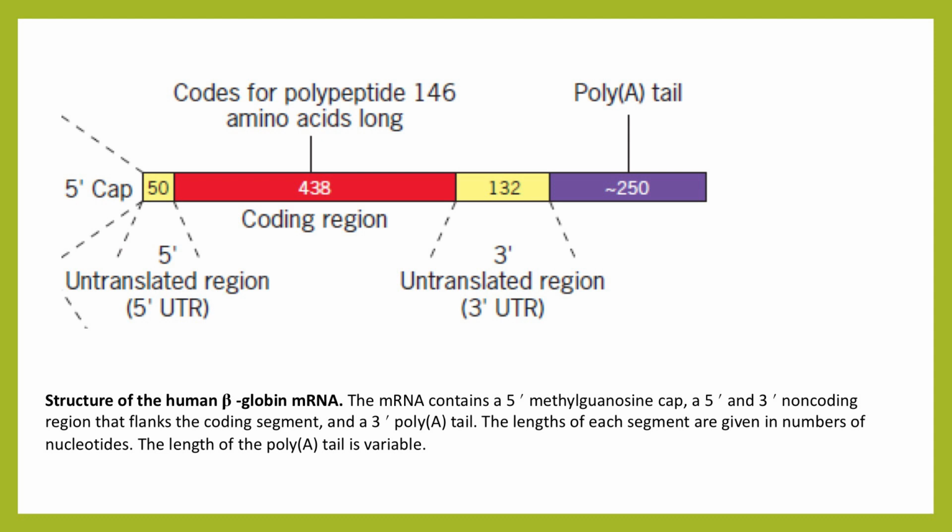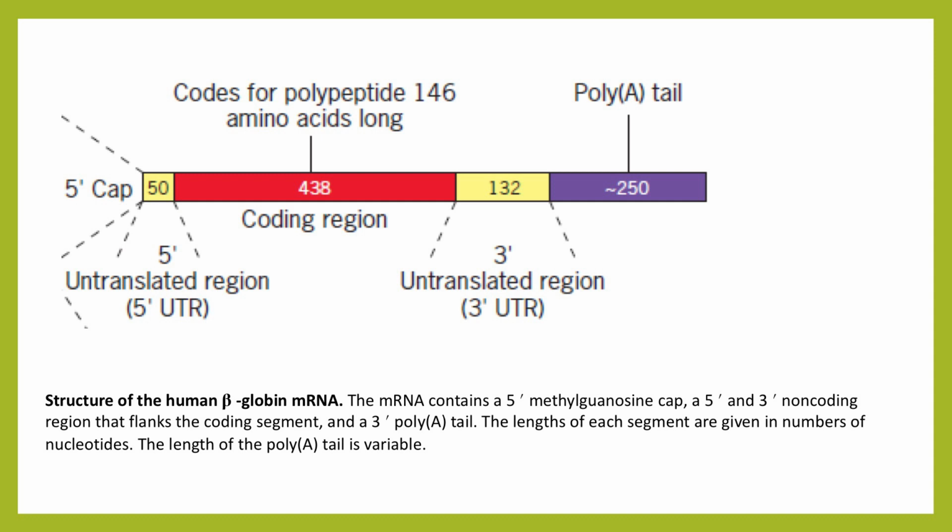This is divisible into three parts. In the center, there is the coding sequence which codes for the protein to be synthesized. In the beginning of the coding sequence, there is a start codon that signals protein synthesis to start, and at the end of the coding sequence, there is a stop codon that signals that protein synthesis would stop here. And upstream of the coding sequence, there is a 5' untranslated region.